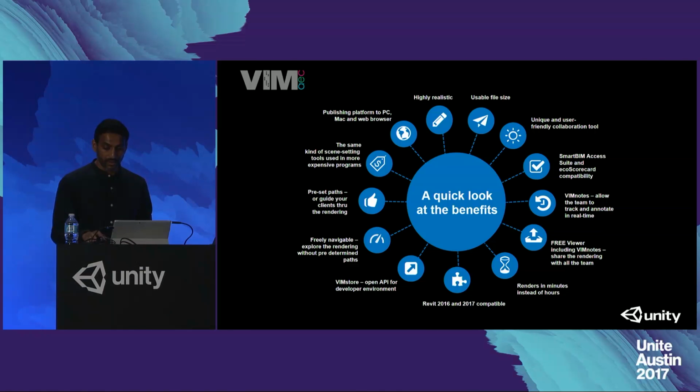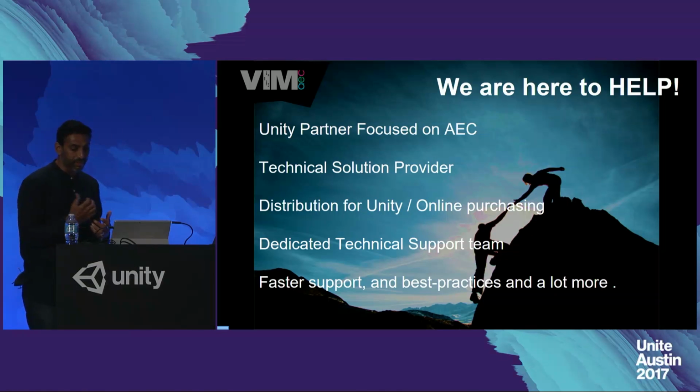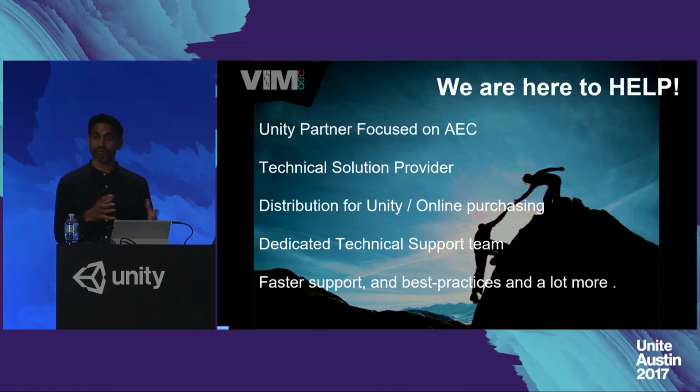We're here to help you, and part of this comes down to us being a very focused partner for Unity. If you are in this industry or you're servicing this industry, I would love to talk to you at the end of this session, and we've got some time for question and answers in a moment.